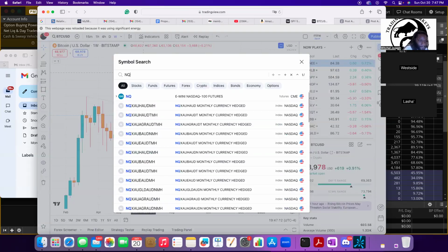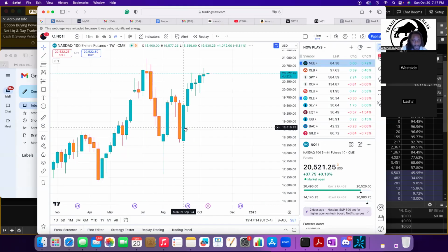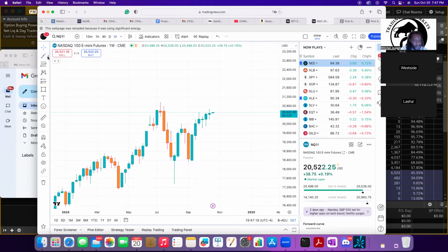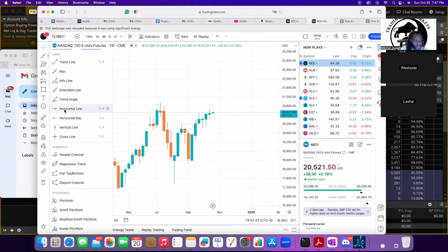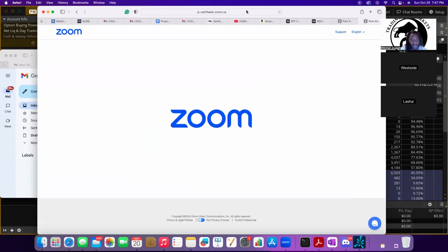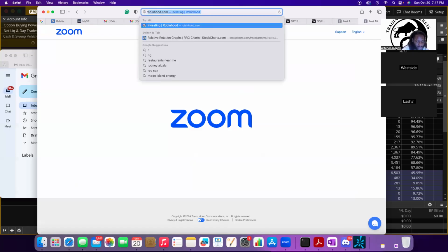Russell still has to hit the high. The Dow and SPY hit highs. So now, the all-time high is the quickest target. If Bitcoin keeps going up and matches its all-time highs, and QQQ and Russell, and a couple more big ones near the high, then I'm going to say